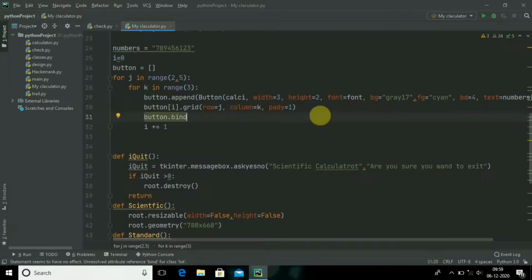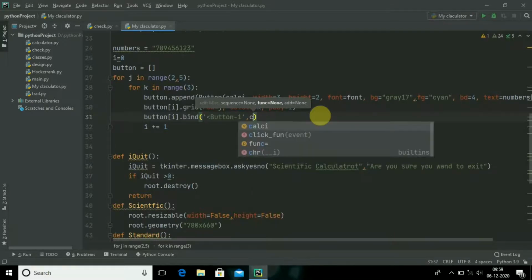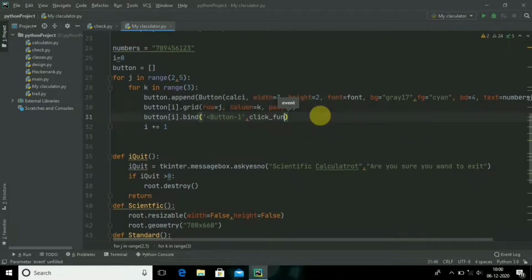Button dot bind command will bind every button. So button 1 release means if you type the left key, button 1 represents the left key. If you write button 2, it will represent the right key.